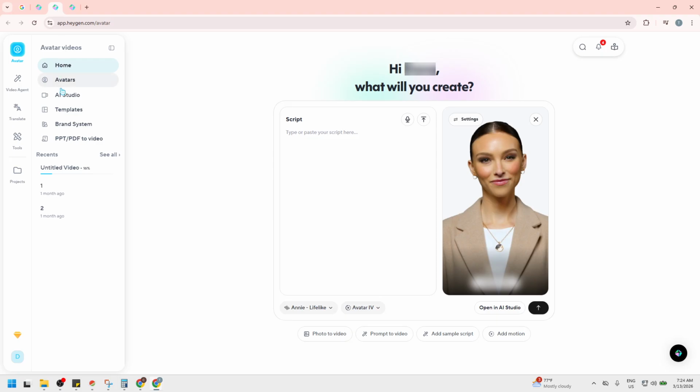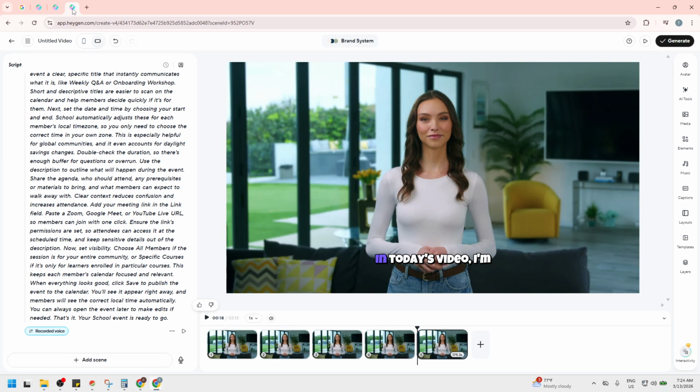This is where you create and manage projects with avatars and voice settings. Give the page a second to load, since the studio view can include project assets and templates. If you're prompted to pick a project, open the one you're working on, or start a new draft so you